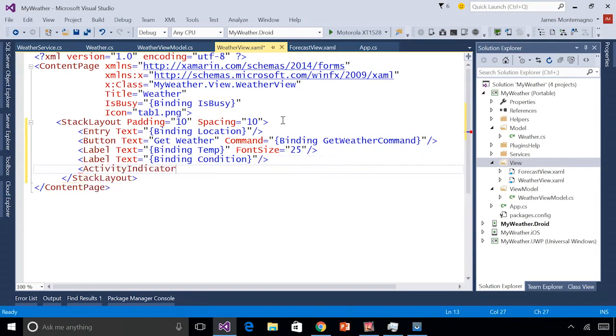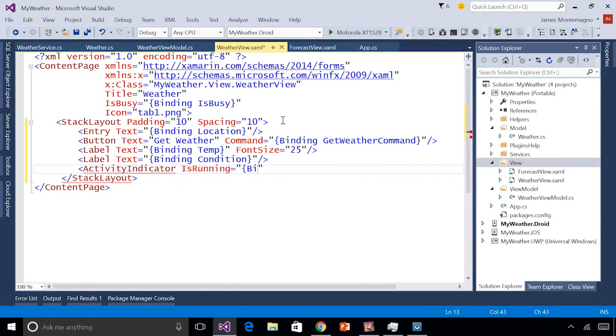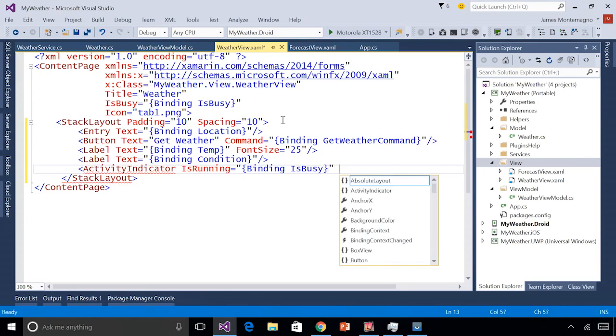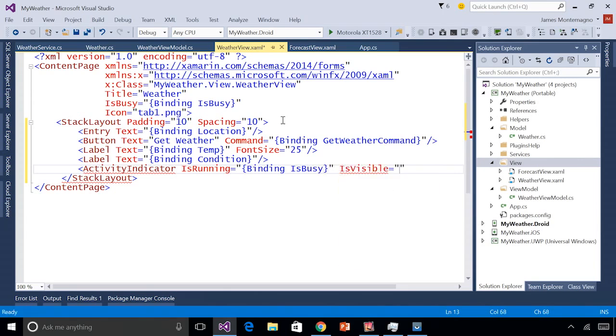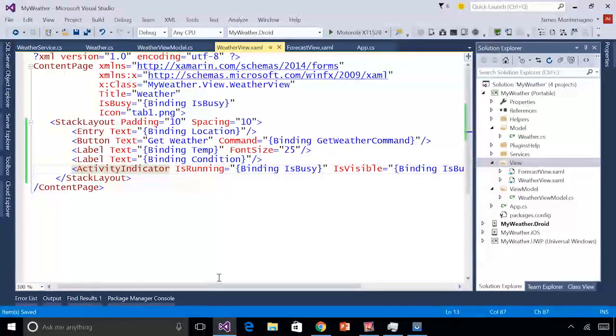And the last thing we want to do is create a little activity indicator to let our users know something's happening on the user interface. So let's set the is running, and we'll do a binding here to is busy, so only run it if it's busy. And also, I'll say make it only visible too when something is happening. There we go. Now we have our user interface in place for our weather page,